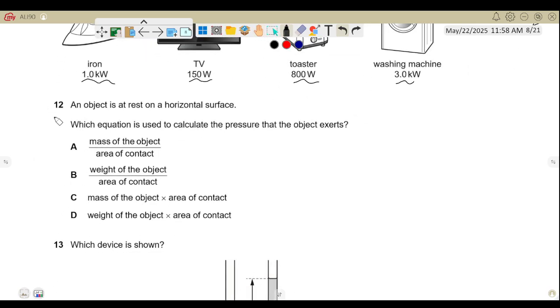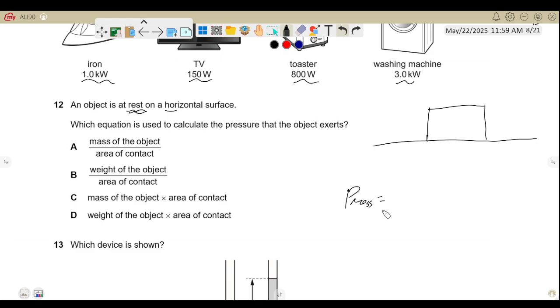The next, 12 here: an object is at rest, that means it's not moving, on a horizontal surface. We have a horizontal surface, and a certain object is at rest on it. Which equation is used to calculate the pressure that the object exerts? Is it A, B, C, or D? As we all know, the pressure